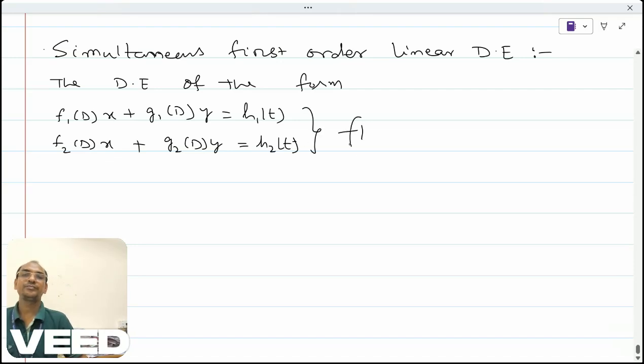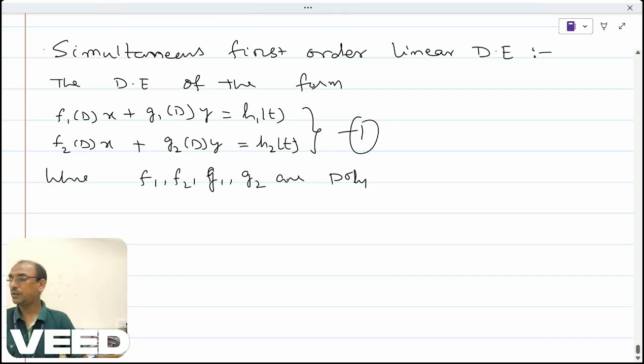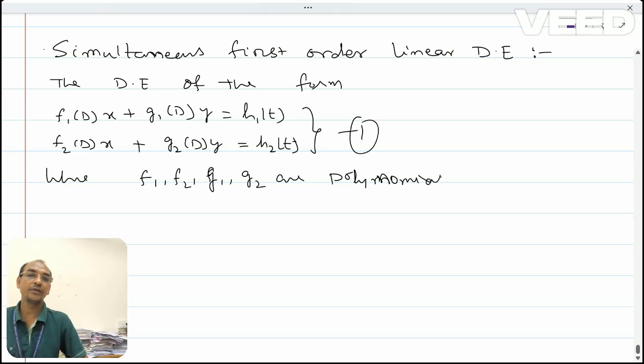So together they are called simultaneous equations, where f1, f2, g1, g2 are polynomials of d, where d is nothing but d by dt, the derivative with respect to t,